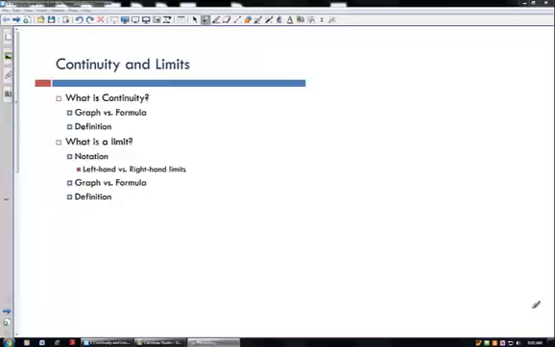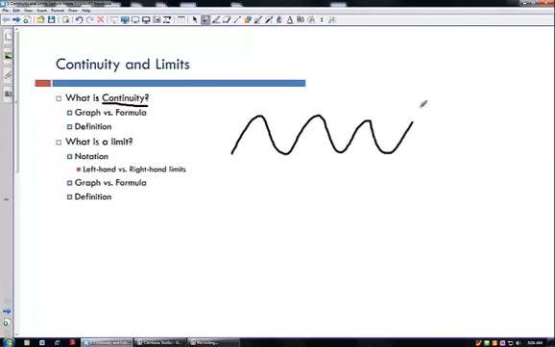This lecture is on continuity and limits, and we're going to do this before we actually talk about what the derivative is. The idea is that continuity is a pretty common notion. So what does it mean to be continuous? When I think of continuity, I think of something like this. You can draw something, or something is progressing in a continuous manner, where there are no sort of stops. So this is a graph of a continuous function, whereas this